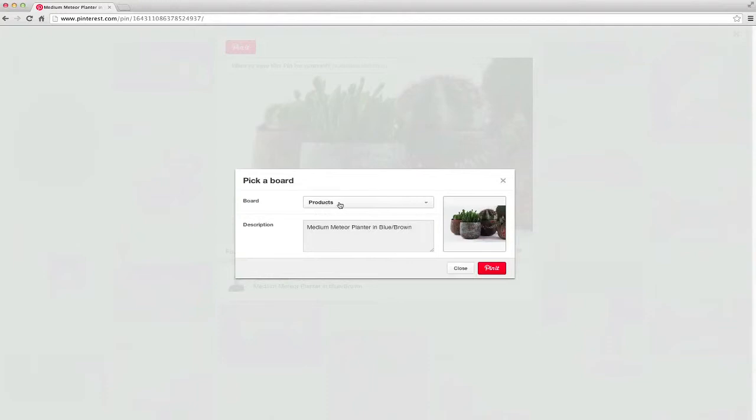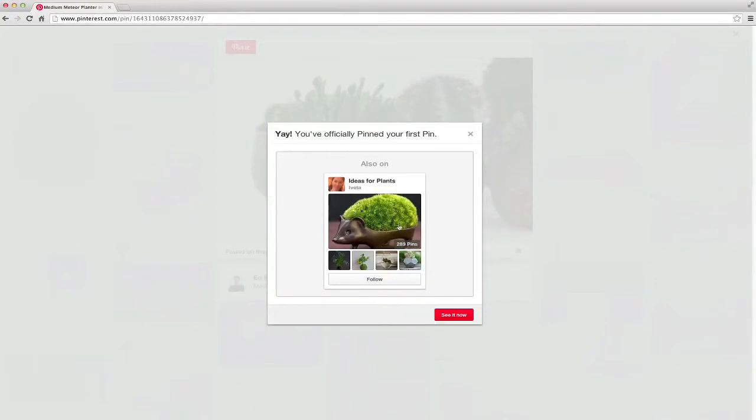So in this case, products, because we've made this board, and as the description you could say medium, blue, planter, or blue, and then you could add a description to this as you wish. So you can put brilliant idea at the end of that and pin it, and that's going to pin it to your products board. Once you've pinned it, it's going to say yeah, you've officially pinned your first pin, and